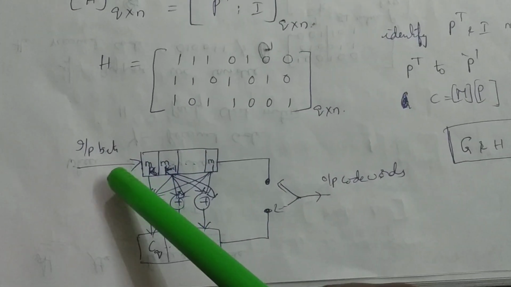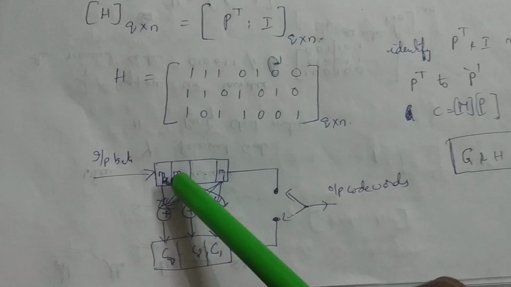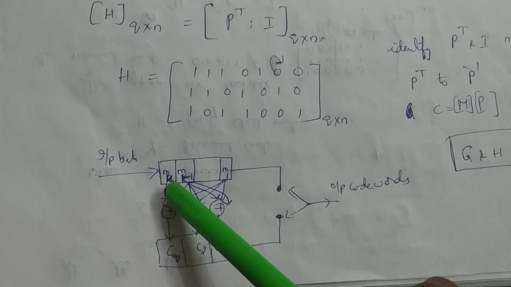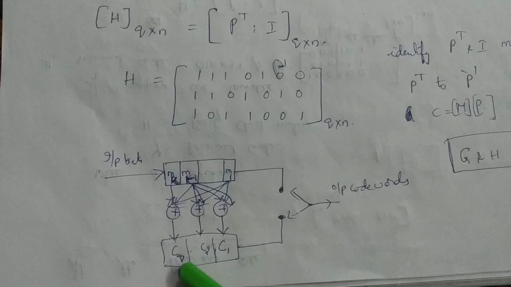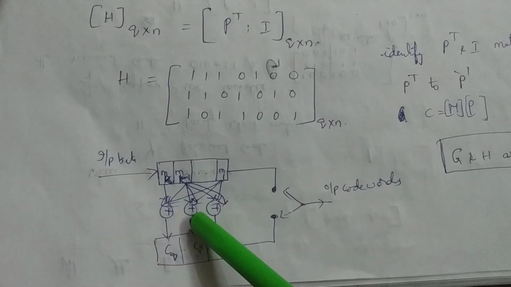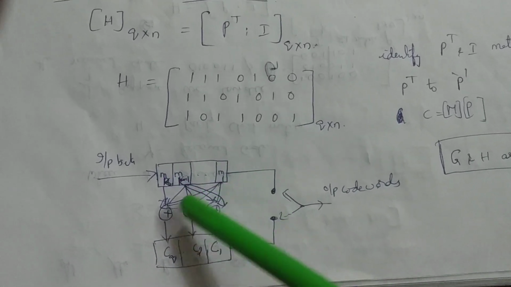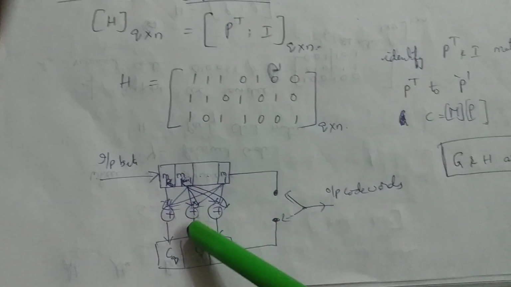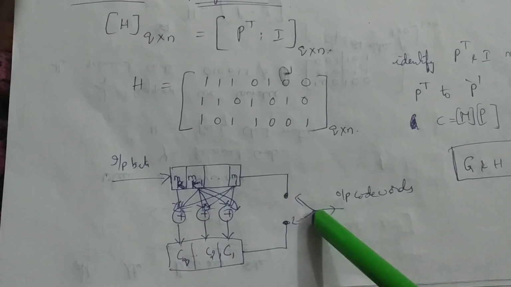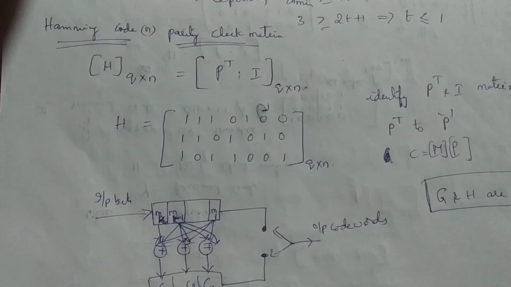Now this is the block diagram. The input bits here, M1, M2 and so on, are the message bits. I have written the subscript as K, and here are the check bits C1, C2 and so on up to CQ. All are XOR operations. To each XOR operation, all the message bits are connected, and finally these are the output code words which you are going to get. So once again,